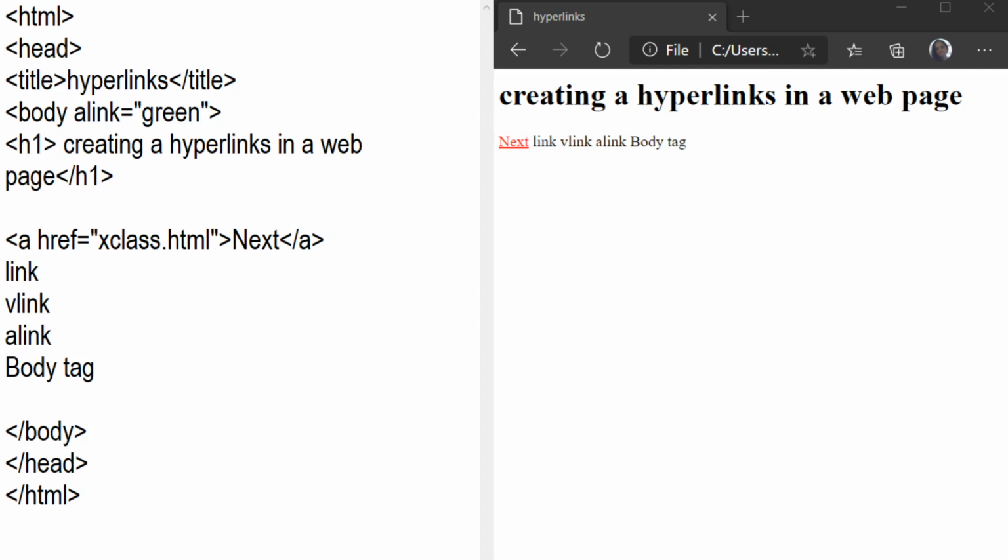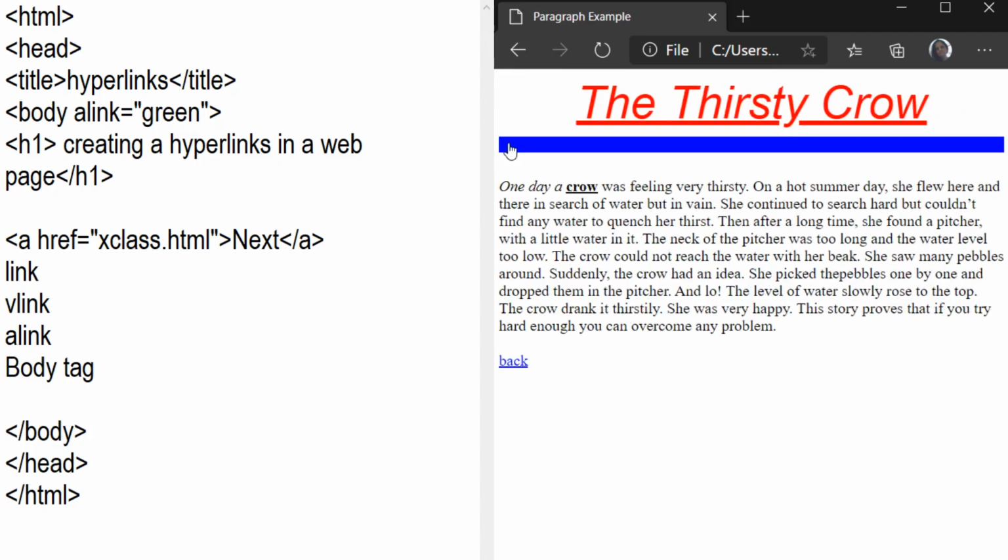Don't forget here, these are the attributes of the body tag, but work with the A tag, the anchor tag. You can see the result of these in the anchor tag, but you write these attributes with the body tag. Okay, so you can again open here, and you can refresh, and now when you click on it, you can see when you click the mouse, your color will be changed to green.